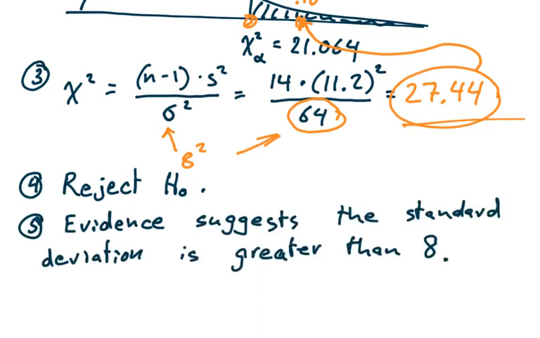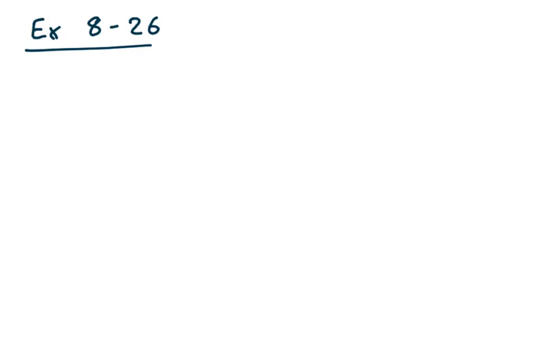And then we have to summarize the results, and we conclude as follows. We say the evidence suggests that the standard deviation is greater than 8. So another example of doing the chi-squared test for variance or standard deviation is here in